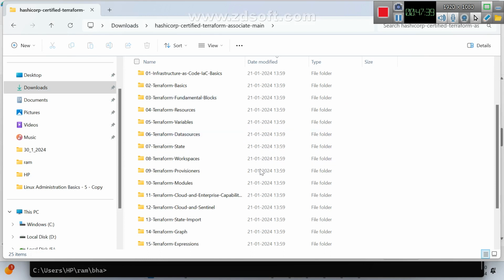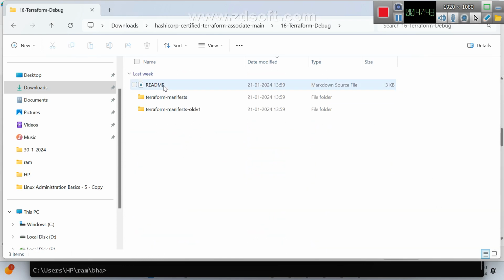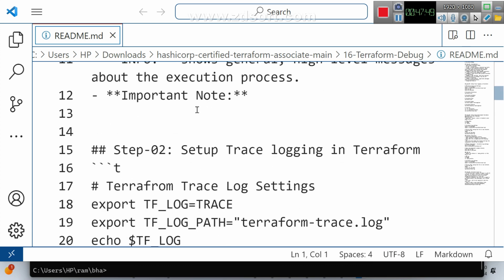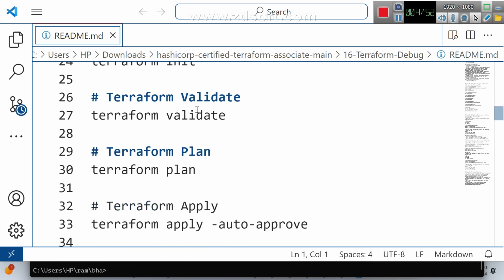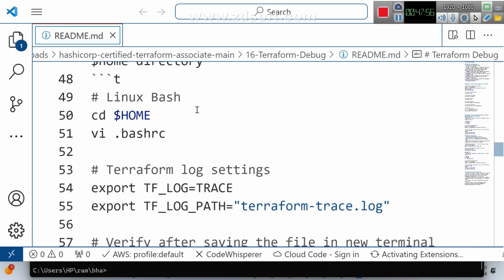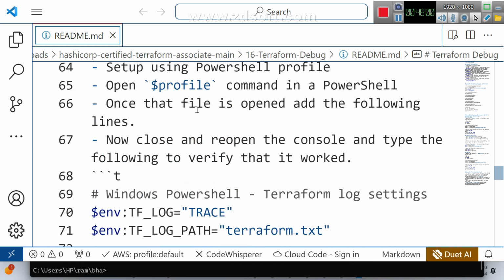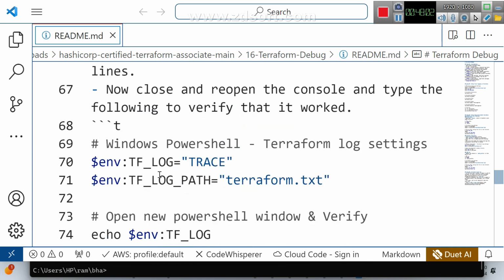Here, Terraform debugging is there. Going to the readme file. For Windows, you need to specify this.